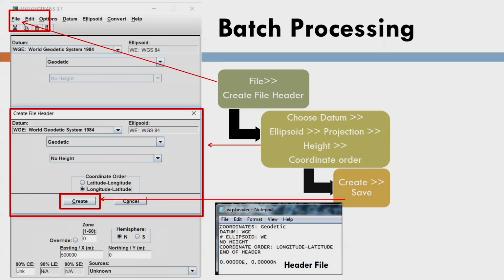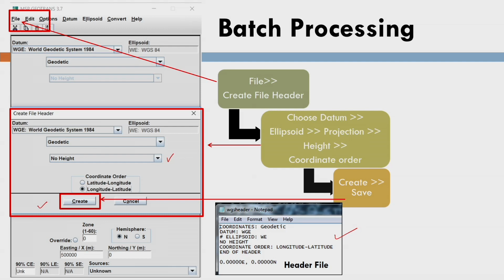Yes, creating the header file for batch processing is the same as we learned in the last lecture, so I am not explaining the process in detail. However, you should be very careful that we need to select no height for the map projection, which means you are not taking into account the height of the points, because it is a 2D map projection system. Moreover, if you click on create, it will create a header file, and this is an example of the header file here.